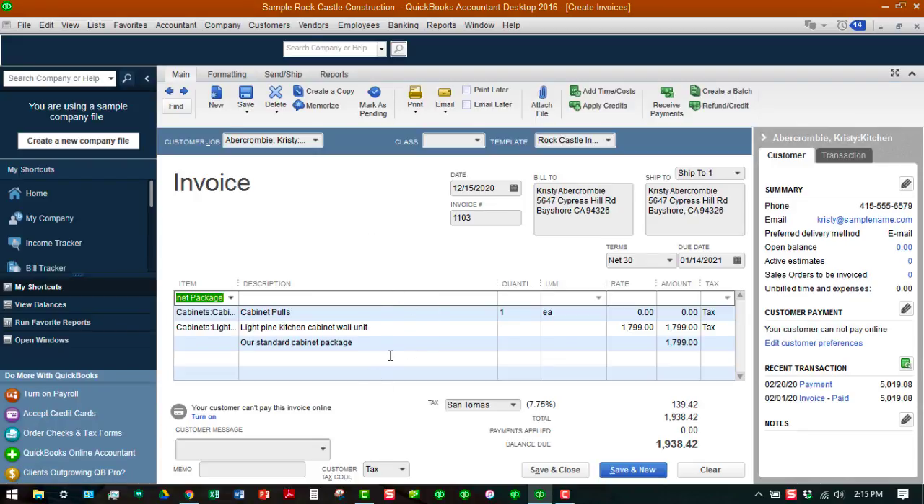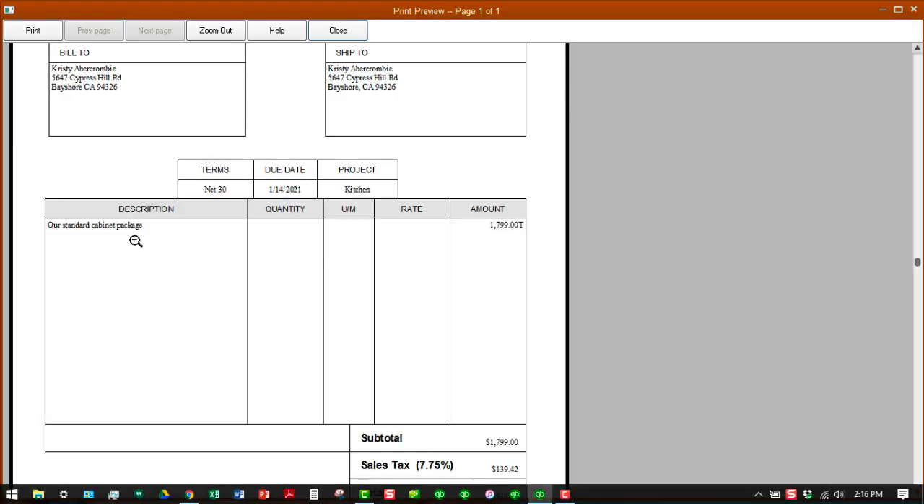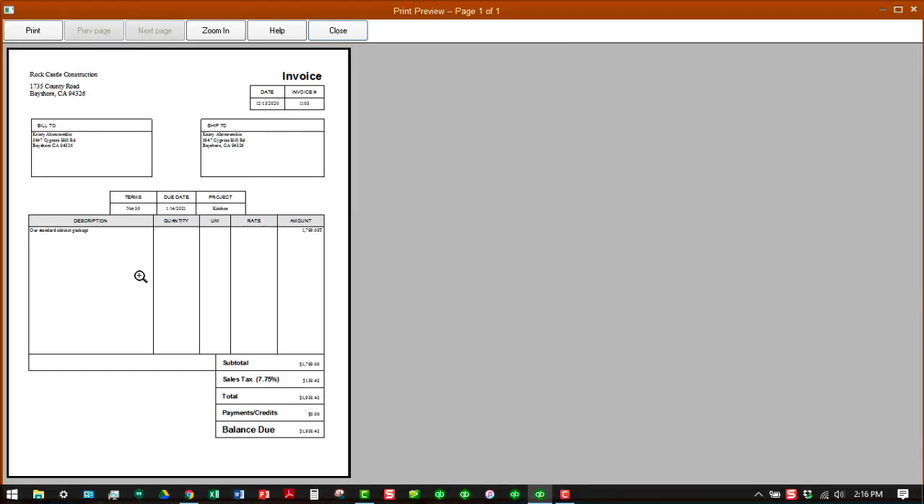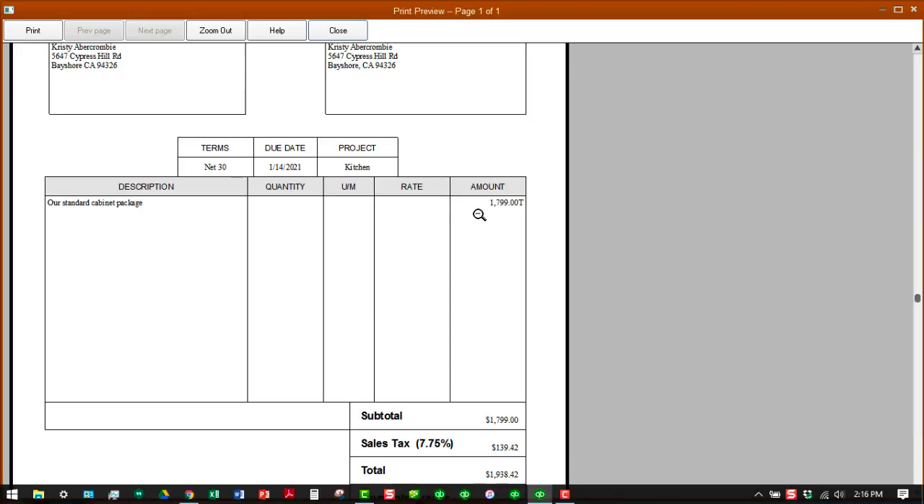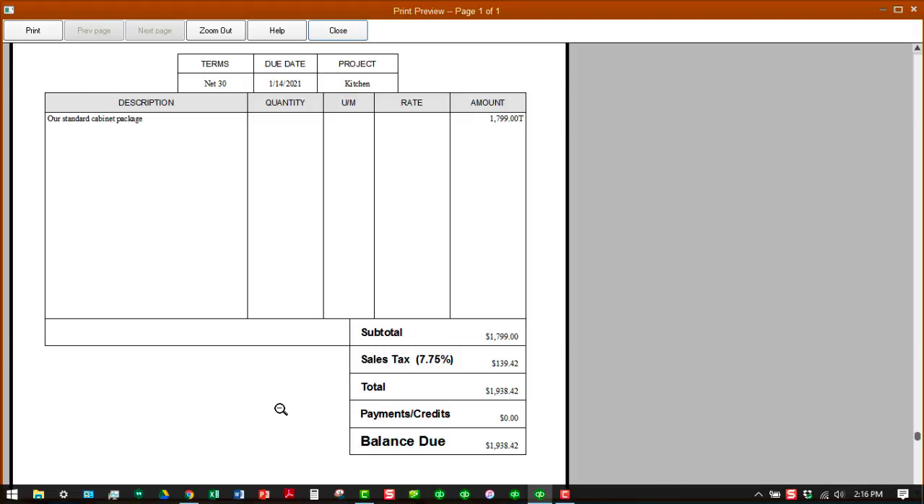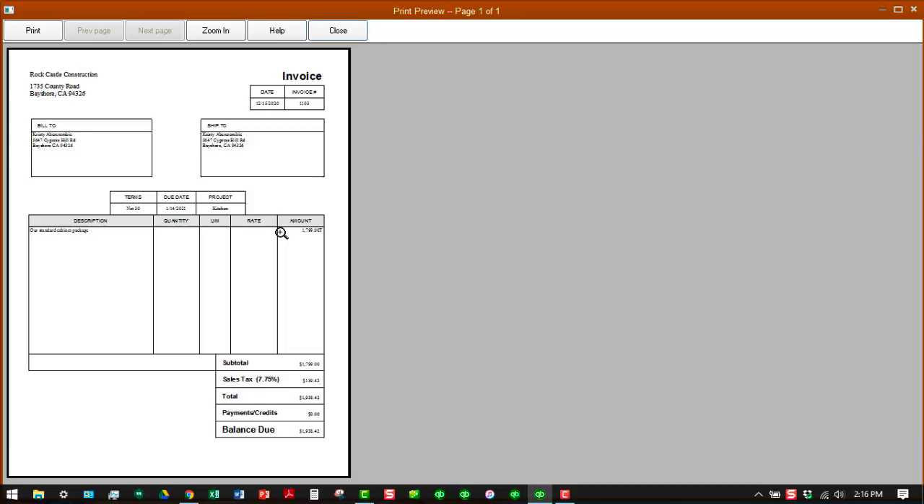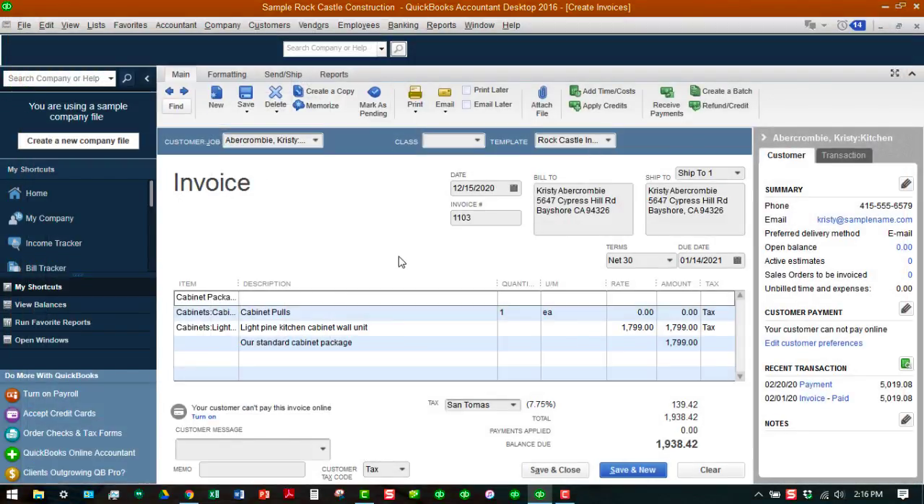And of course you can see that in this invoice, but if you want to preview it, you'll see here that our standard cabinet package, and we've got that without all those items listed, and it figures out the sales tax and all that, and balance due for just that. Isn't that neat? So if you've got a list of several things,